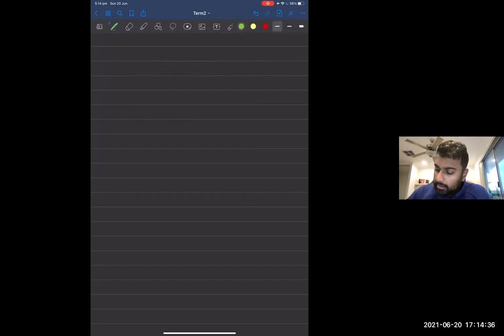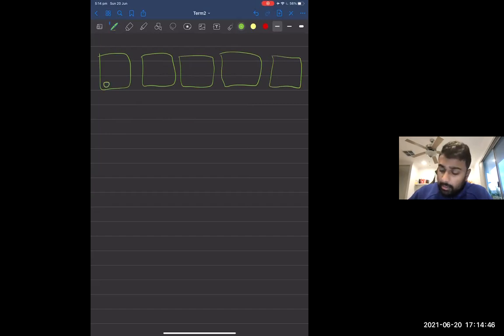So let's do this. I'm going to have a circle here, circle here, circle here, and a circle here. This is the question that we have, right? Now this is all in a jumbled up manner. To solve it, you have to rearrange them and then figure out what's in the middle. So for this question, and for any fundamental question, the first step you do is you draw the